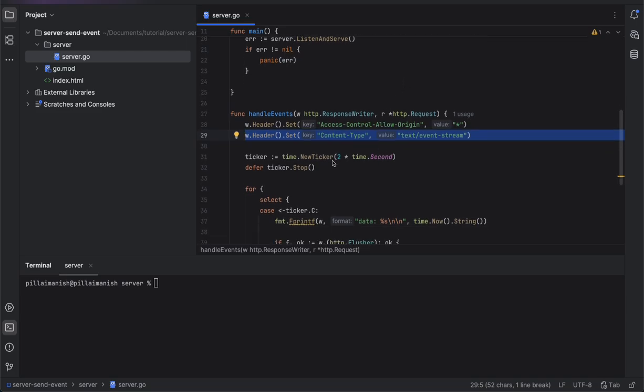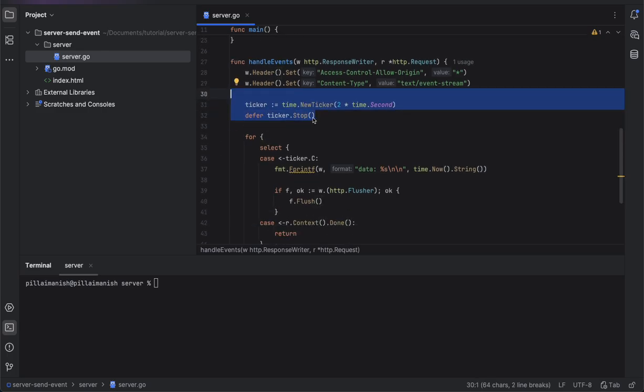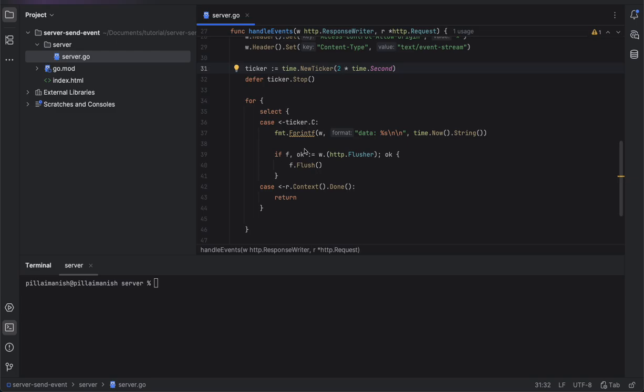Next, for this sample code, I have created a ticker, so that every 2 seconds it will send some information to my client. This is an important thing: SSE has a specific requirement that we should send data, ID, or specific fields in a specific format.